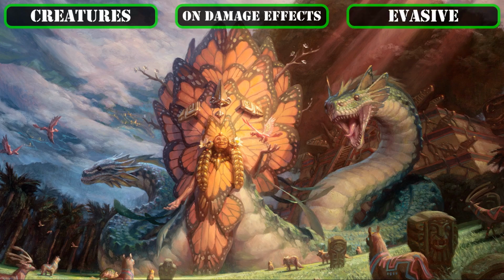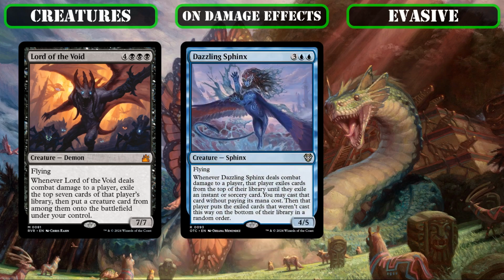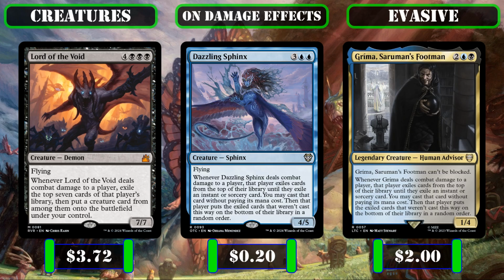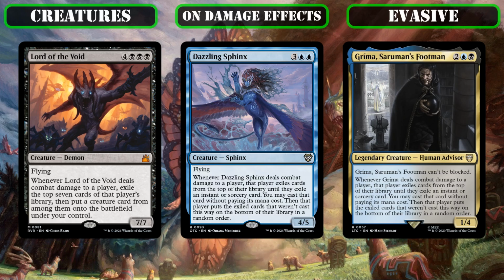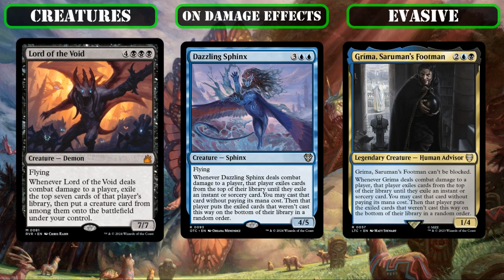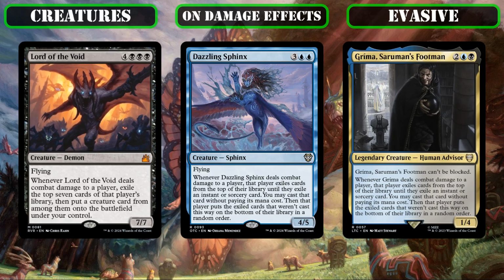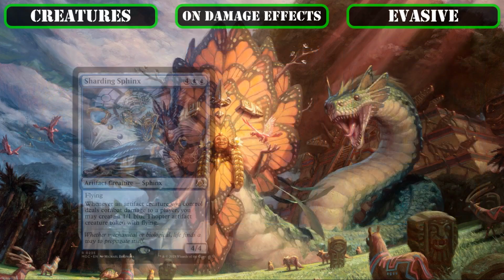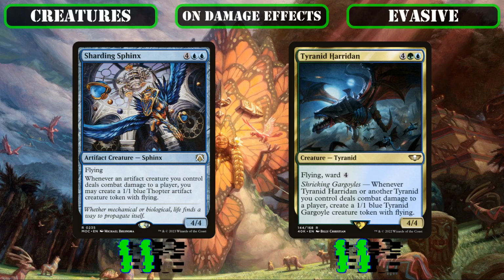So, on the evasive side of things to take blocking out of the equation entirely, we'll be slotting in Lord of the Void, Dazzling Sphinx, and Grima Saruman's Footman, all of which let us steal and cast spells off our opponent's decks at no mana cost as we connect with them, the first letting us steal their creatures, while the other two let us make use of their instants and sorceries instead,